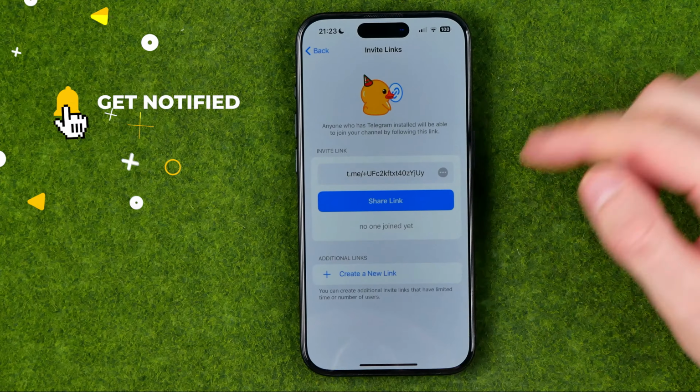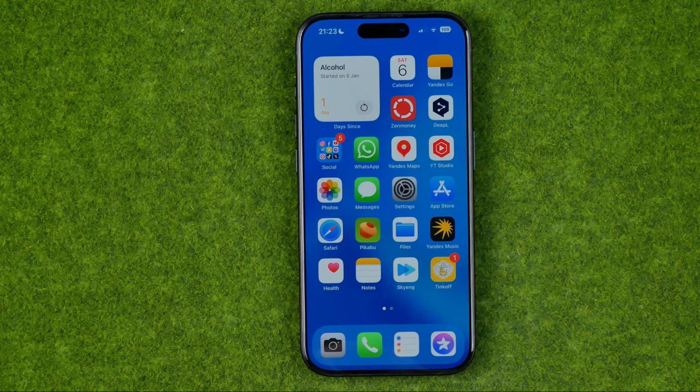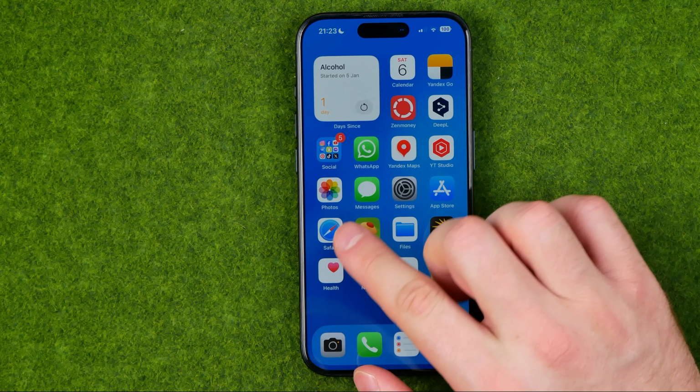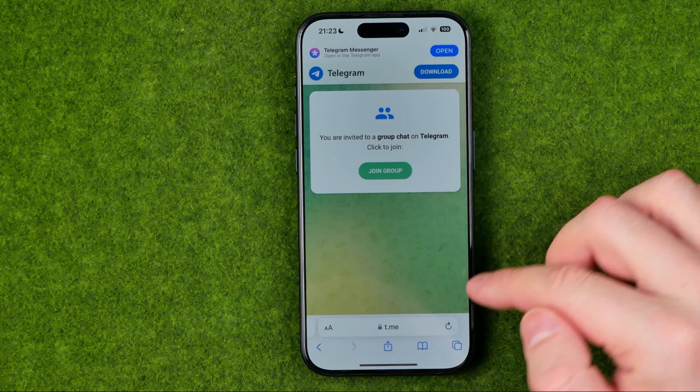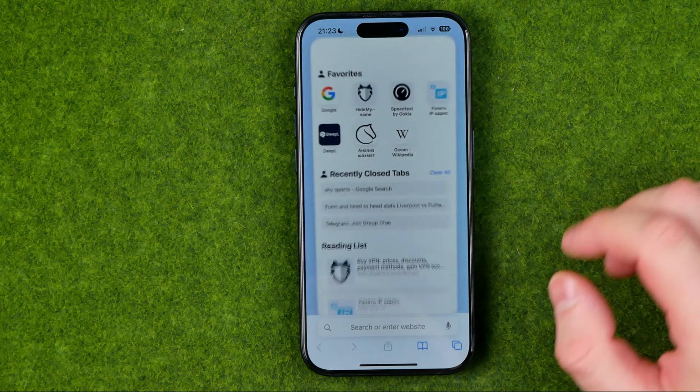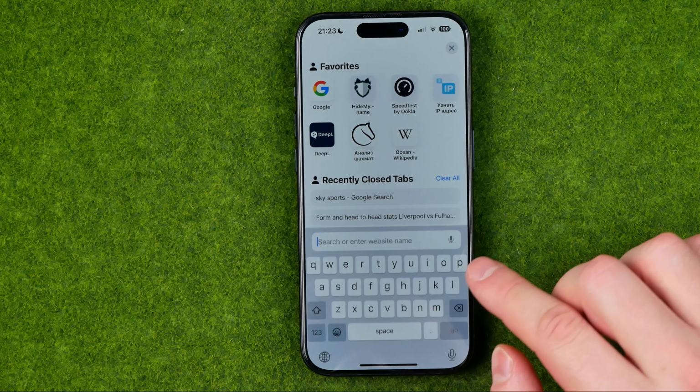Let's get started, guys. I'm going to show you the whole process from the beginning, and first off, we need to open up any web browser. I'm going to use Safari. Then we just need to enter in the address bar